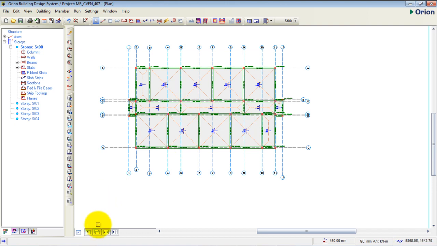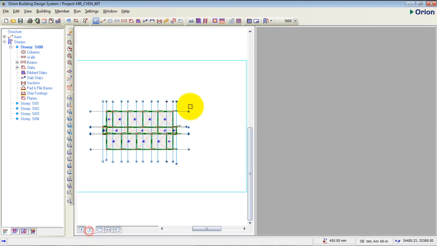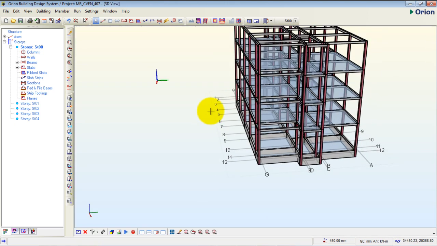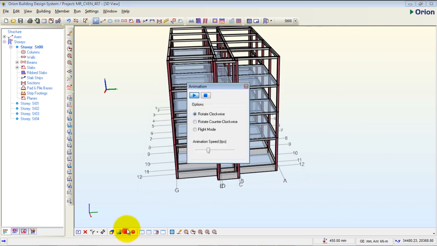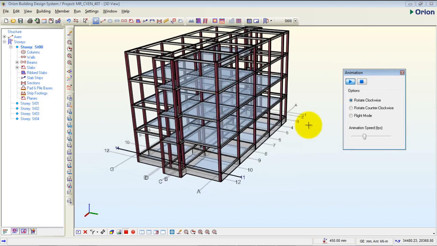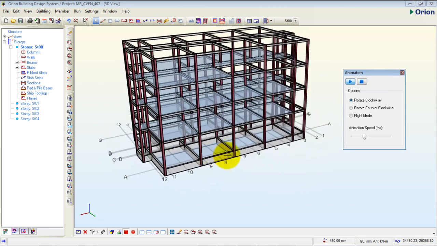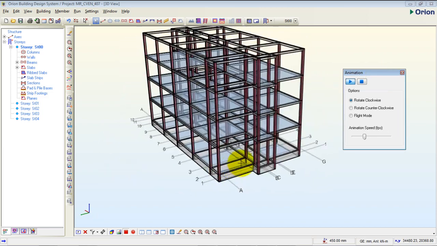I'm going to turn it to 3D. So this is the building that we've designed. I'm going to play the animation, move this a little bit away. So this is a 900 by 2 on how to